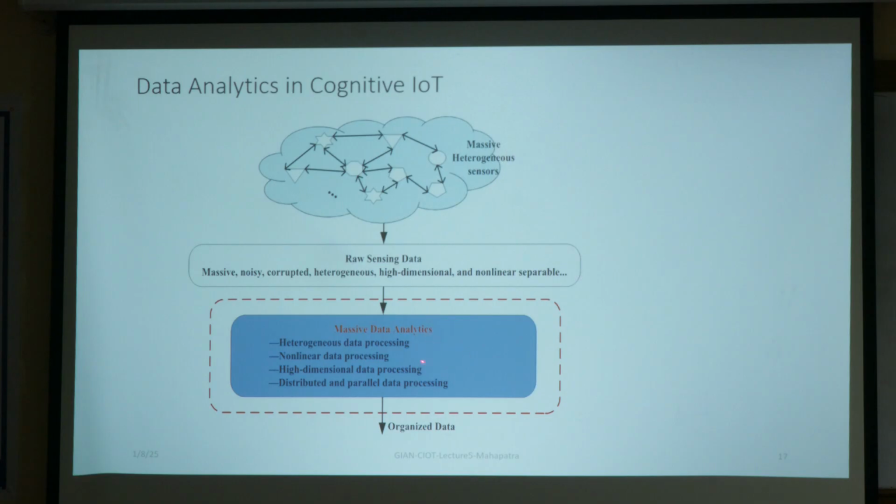Then you get to the next level, which we call the massive data analytics stage, and these are some of the ways we process the data. I'll give you one example here. The rest I will skip for the time being, and the paper I cited on the first slide has all the other details. The data being collected here could come out as organized data, because this data is pretty much unstructured and unorganized. We need to organize it in the following ways.